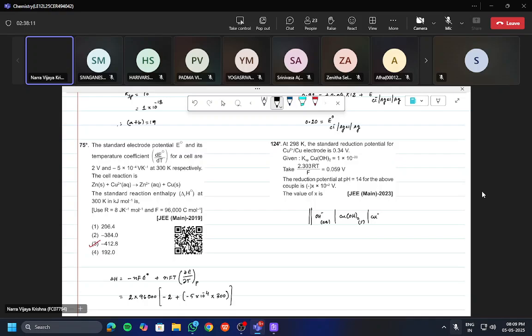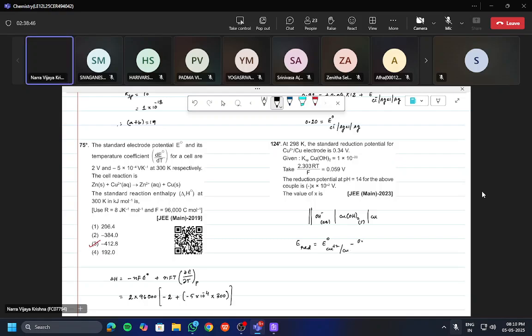Or they have given KSP of this salt. Means this is a sparingly soluble salt. So OH minus, sparingly soluble salt, copper. Right? So what do they want? They want the reduction potential of it. Means E reduction equals. Do they give the E naught value or not? E naught value of copper plus 2 copper is given. If they use this one, then I have to use the KSP term. Correct? So E naught of copper plus 2 copper